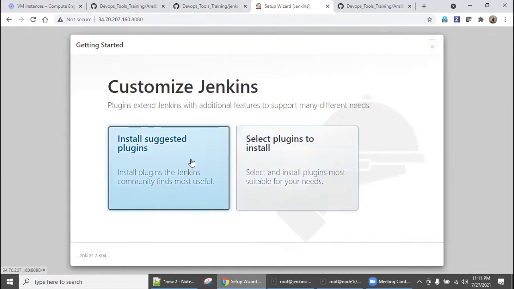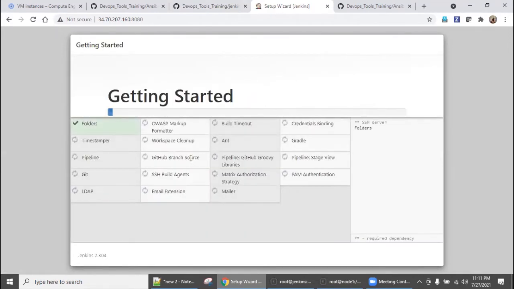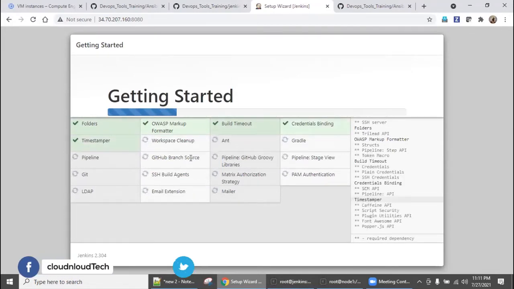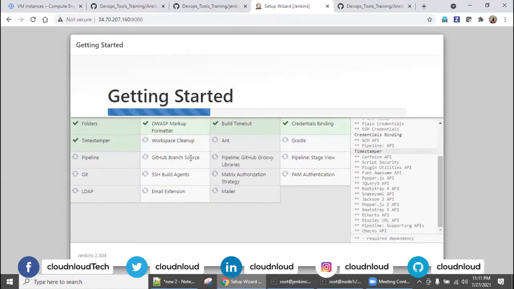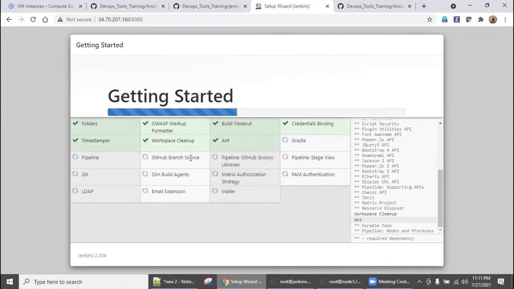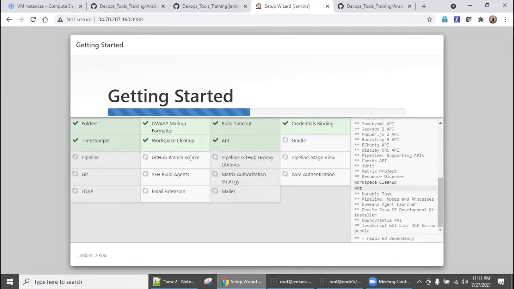Yes, clicked it. So wait for a few seconds. After the default plugin installation, we have to set up the username, password and mail ID. Then we have to go for the necessary configuration. So wait for a few seconds.